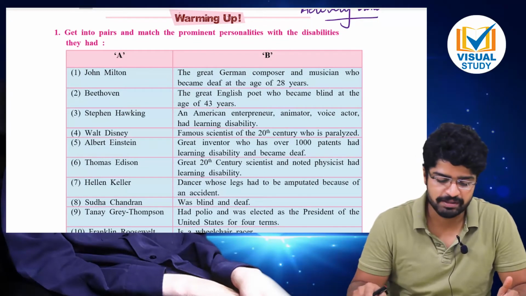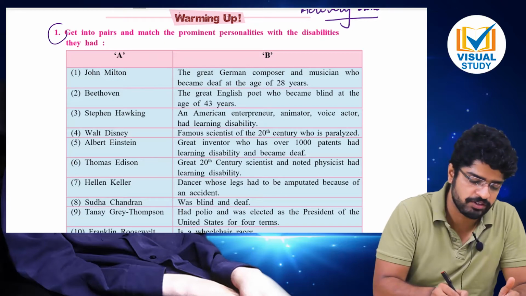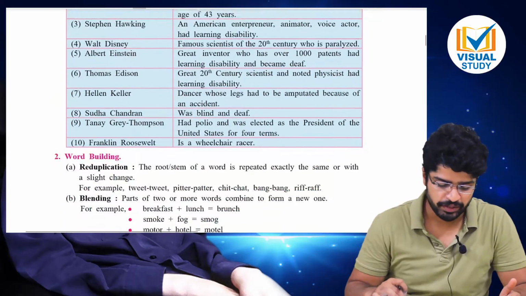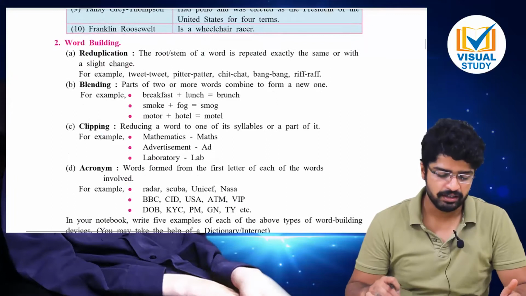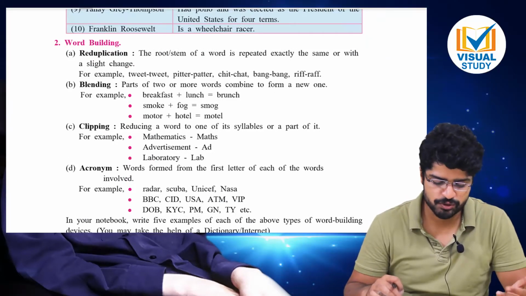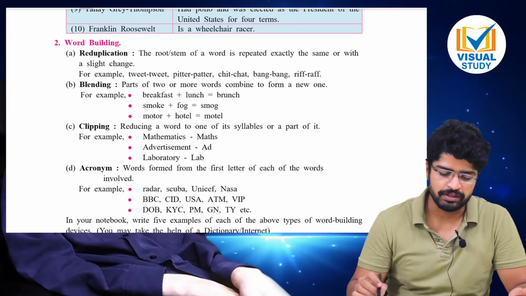So get into pairs and match the prominent personalities with the disabilities they had. So this is the first activity that you have to complete. Okay, next one, word building. Word building is where you find the words. Okay, now for example,